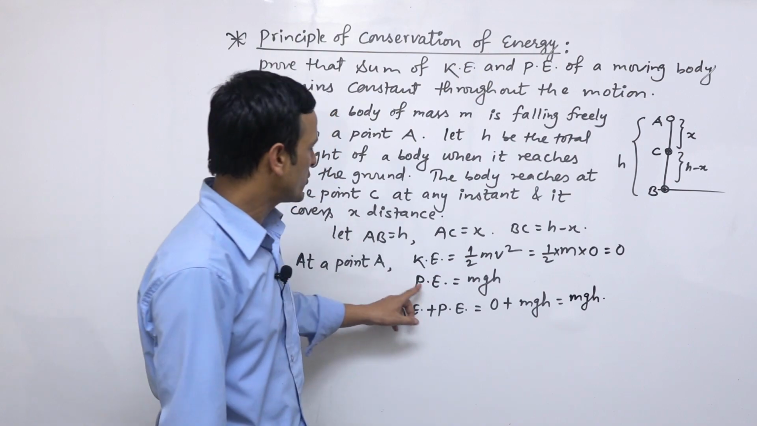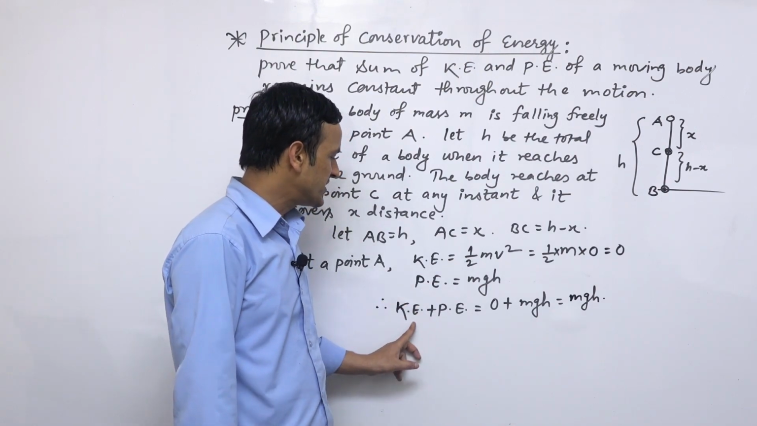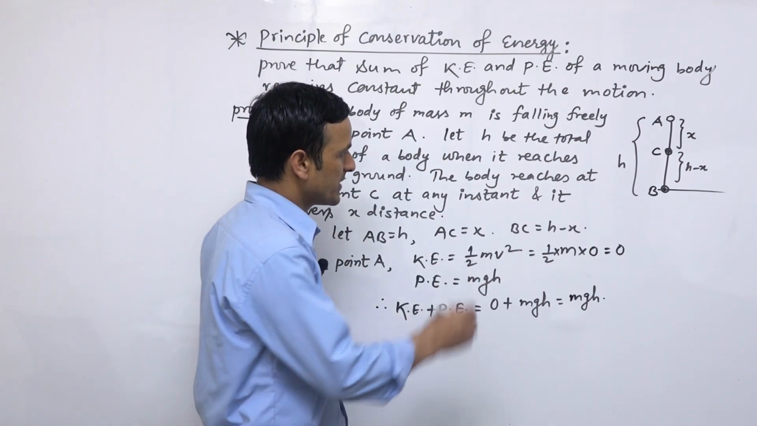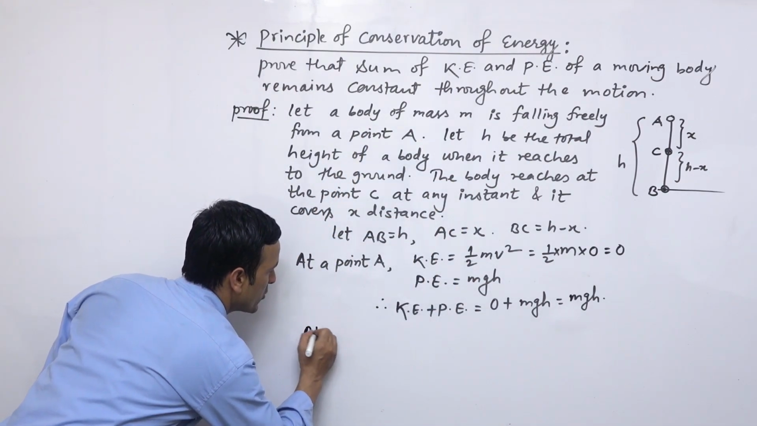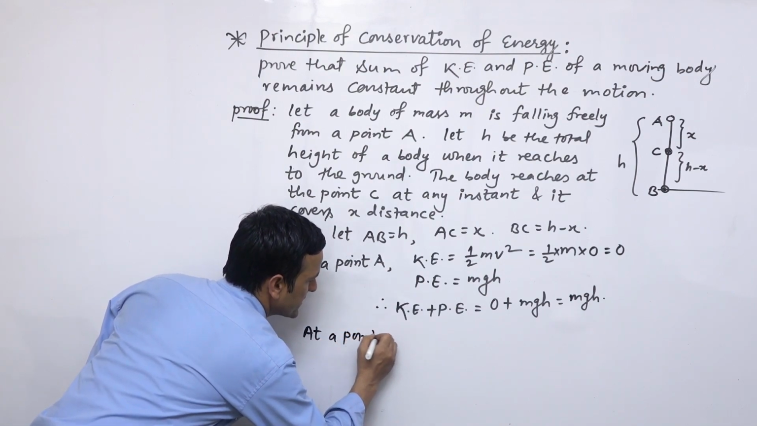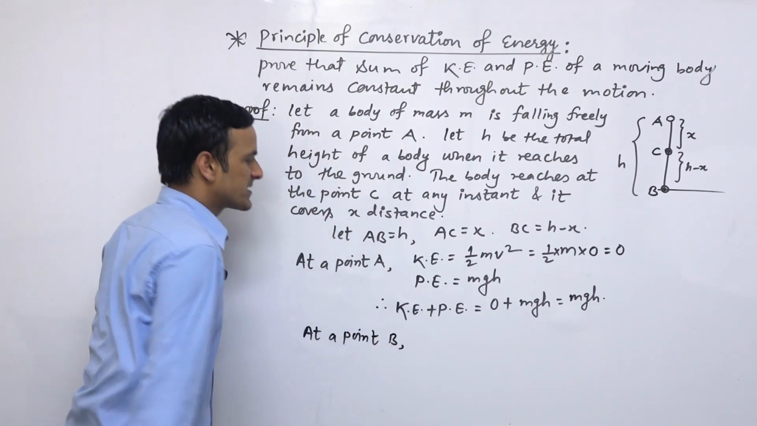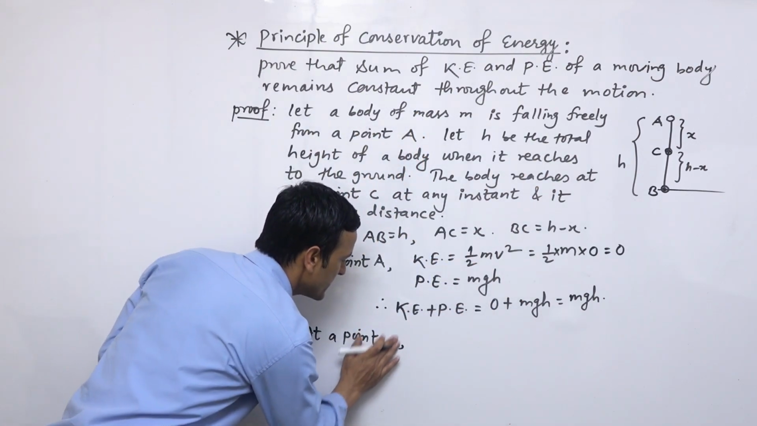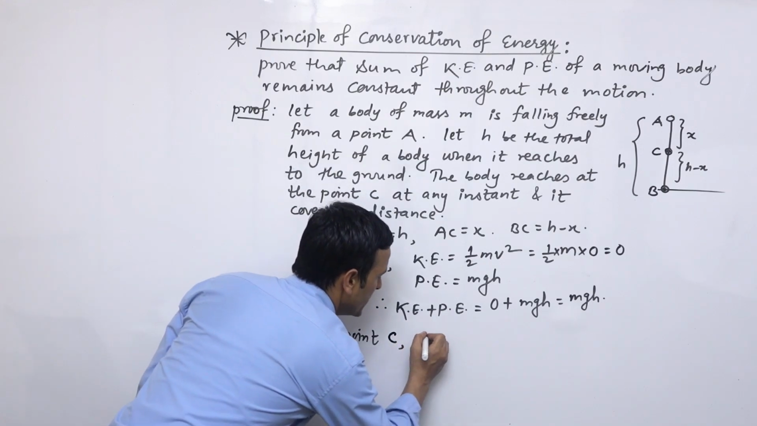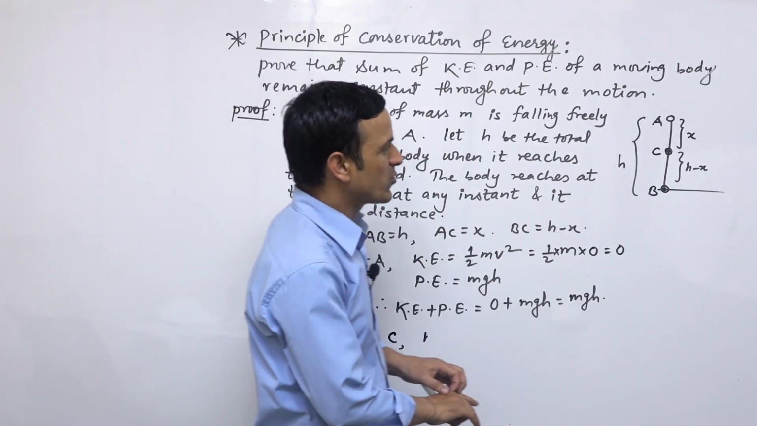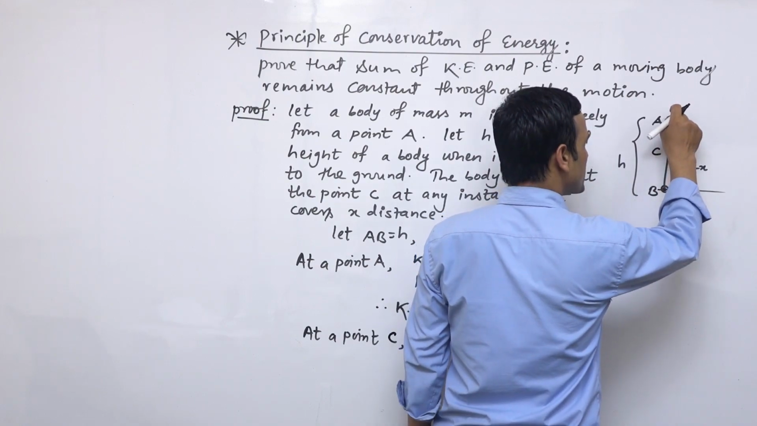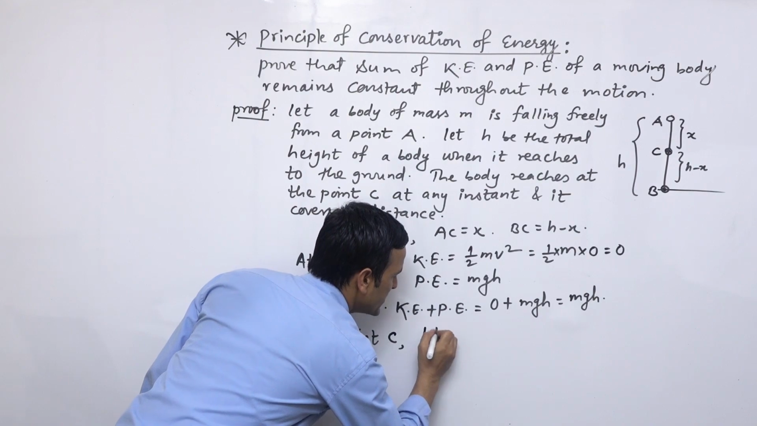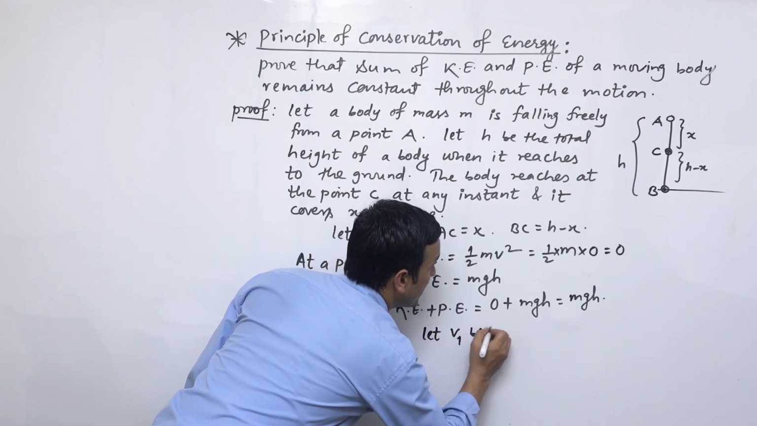At point A, the sum of the kinetic energy and potential energy of that object is mgh. Then what happens at point C? Now we are going to find the same kinetic energy and potential energy at point C, not B. First of all C. So for kinetic energy, what is the velocity on reaching C? Starting from A, we find the velocity. So let V1